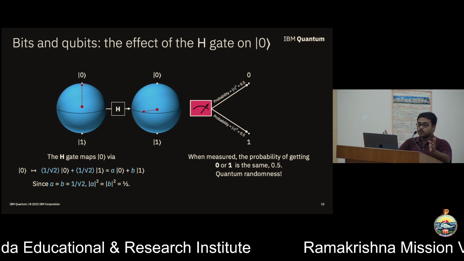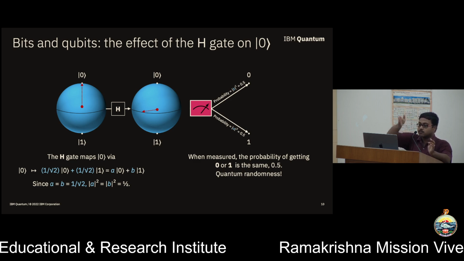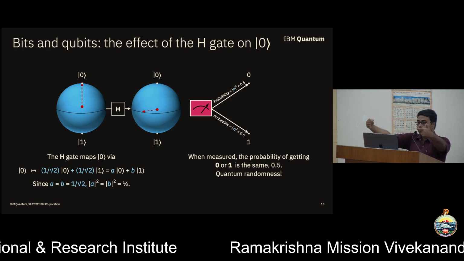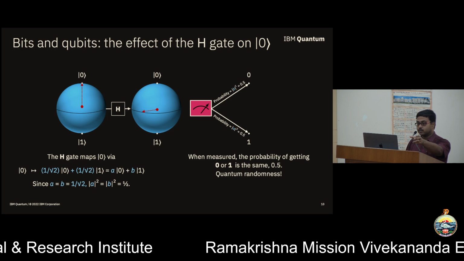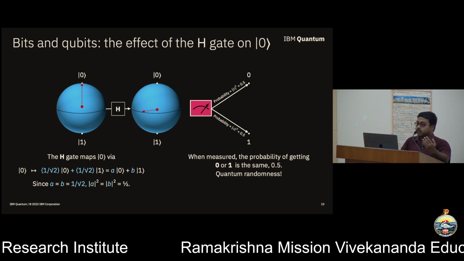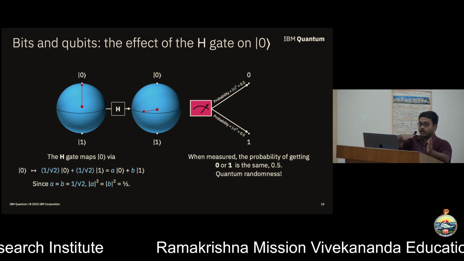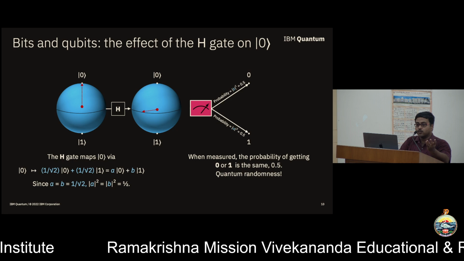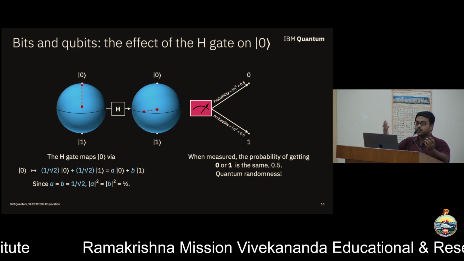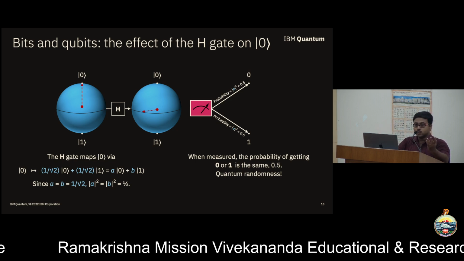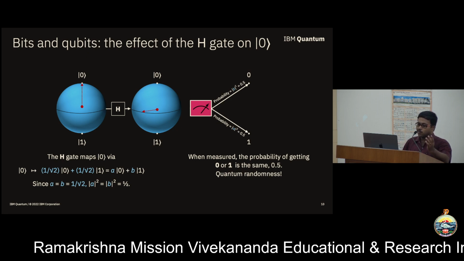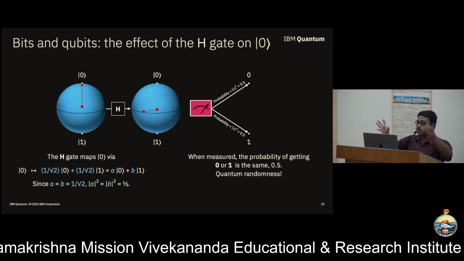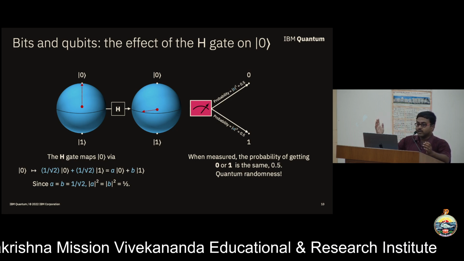So a quantum algorithm, if you think, is precisely some steps where you start with a coin on the edge, and you try to increase the probability such that it will drop on the head. It shouldn't be 50-50. Ideally speaking, it should be probability 1 that it drops on head, but that is not always possible, as you know from probabilistic algorithms. But if we can get a sufficiently high probability that it will drop on head, that is also sufficient. So that's all a quantum computer or a quantum algorithm does. It starts with a coin on the edge. It tries to adjust the probability so that we get our desired outcome with a very high success rate.